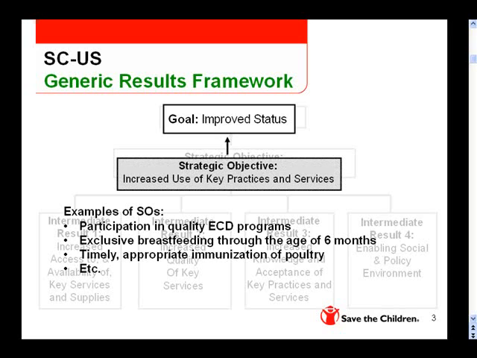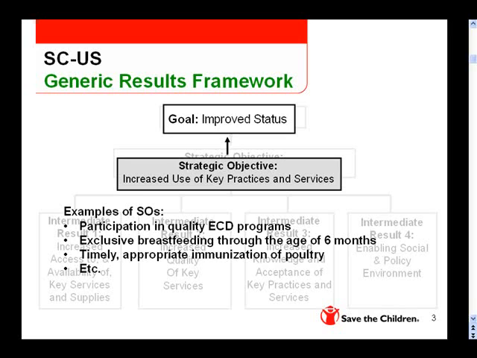The next level is the strategic objective, and this is the level where we define the types of results that will increase the use of key practices and services among the target population. Here we are referring to things like increasing the participation of children in quality early childhood development programs, or increasing exclusive breastfeeding for the first 6 months of age, or timely and appropriate immunization of poultry as part of key